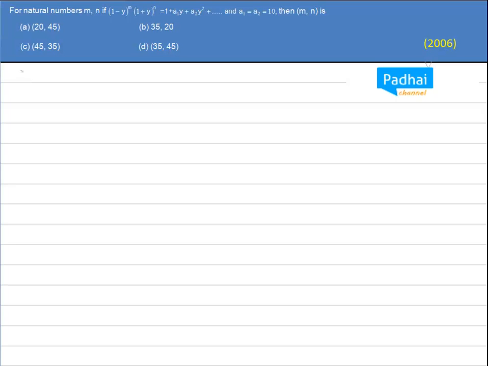Okay, now let us take another question. It's an AIEEE 2006 problem. It says that for natural numbers m, n, you need to find the values of m, n when it is given to you that (1 − y)^m (1 + y)^n is of this kind: